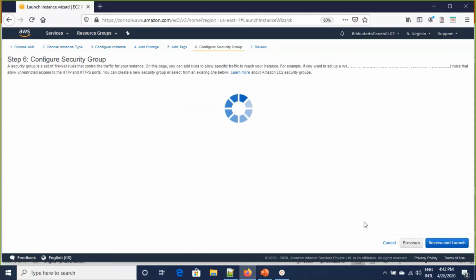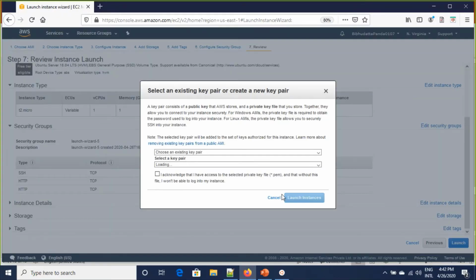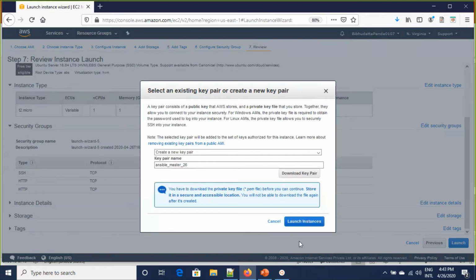So just save, preview and launch. Before this, I'm going to save this value, downloading the key, and launch instances.